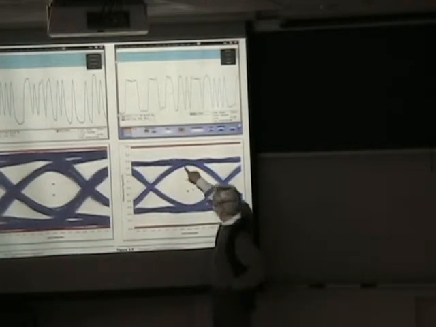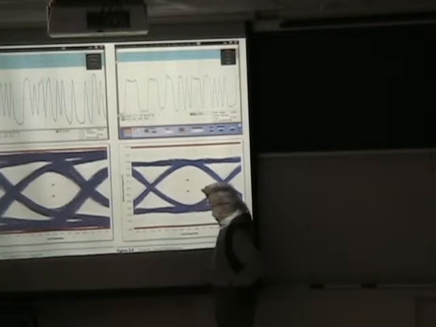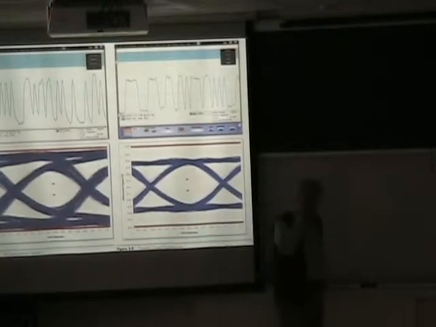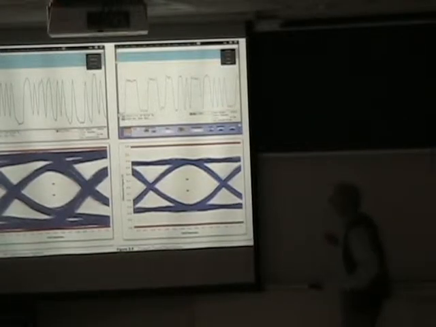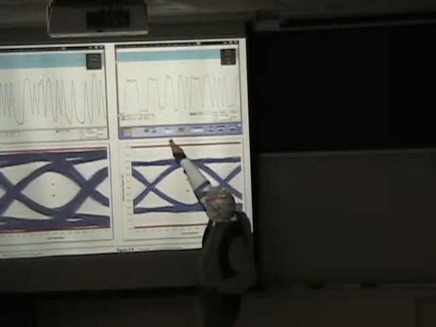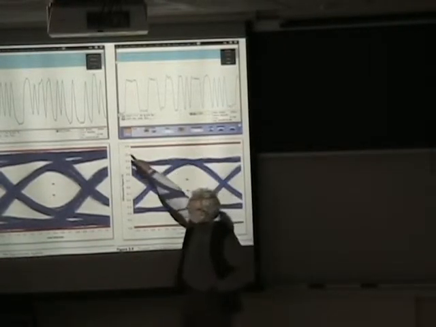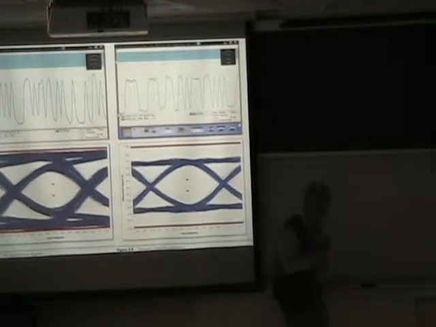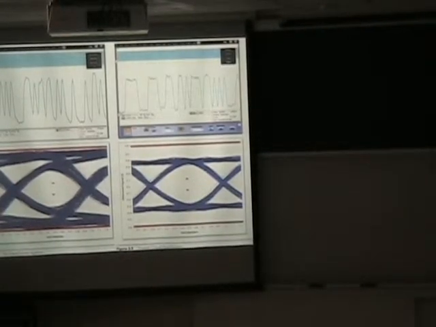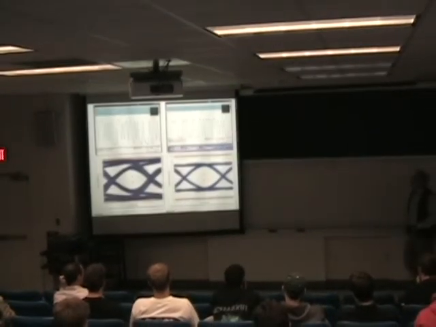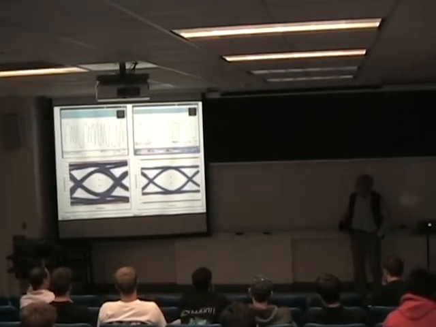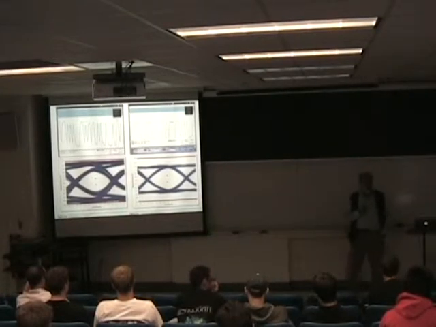And certainly the size of this white spot in the middle here tells you something about how much tolerance you have in terms of signals. And you can see up here also that while these signals are not perfect, they look much cleaner than the signal did over there. So why does this matter? Well, it means that we're able to send data much, much faster over a point-to-point link than we can do